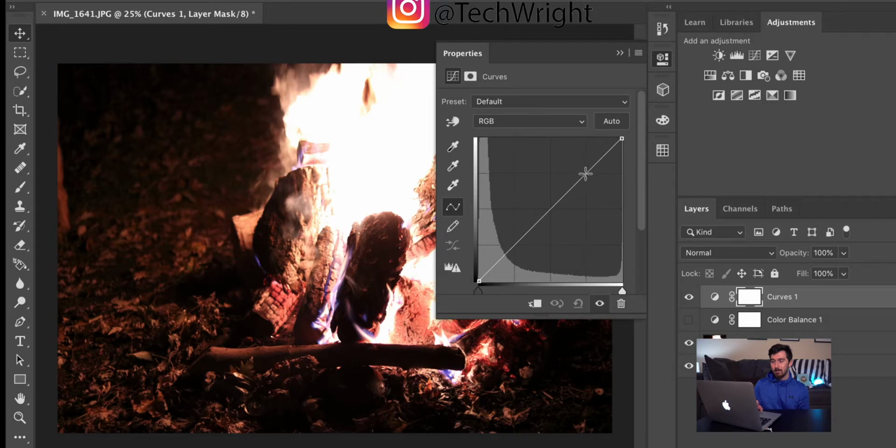I like to take dots and put them everywhere that the precursor X's in the squared box are on the diagonal line, so that you have more control, and that if you change your highlights, it doesn't go crazy. Now for this one, I like to show as much detail as possible, so I'm going to take the whites and lower them down just a little bit. I don't want to get too crazy with it because I don't want the flame to look underexposed, but I'm going to lower that down some, and then I'm going to take my shadows and bring those down some,